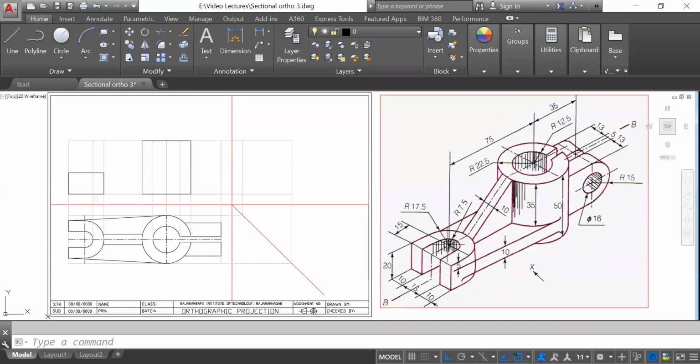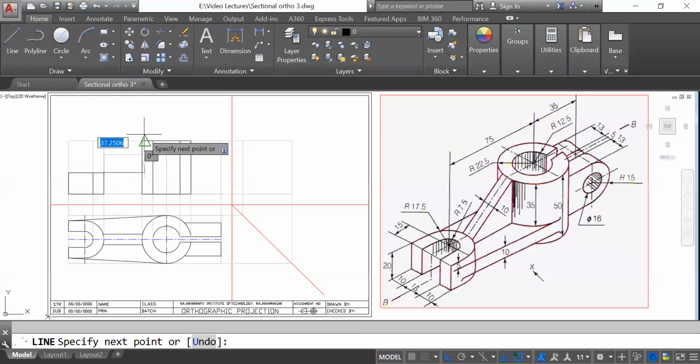Okay. For this circle, there would be a hidden line, but I will join it as a visible line right now. Here also it is a hidden line without section, but I'm joining it as a visible line. Here also you will get the hidden line, but I'm joining a visible line. Why? Because once you cut it, those holes are open. That's why the hidden lines are replaced by visible lines. Now this rib is starting from this corner to this corner, so you have to draw from this point to this point.